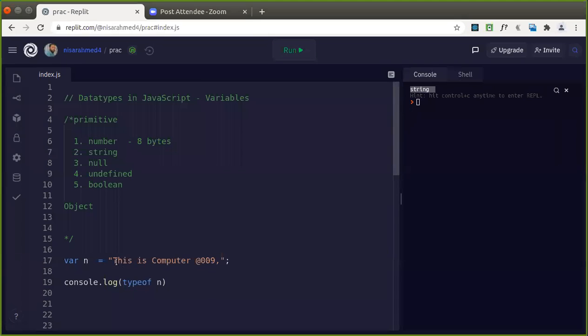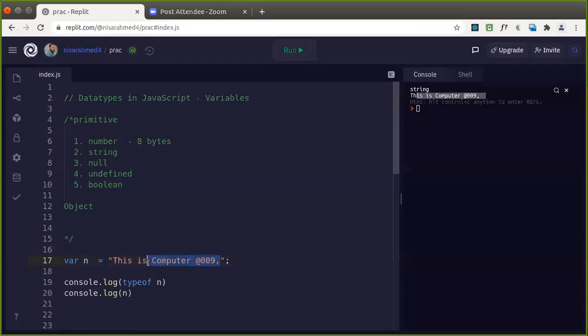Fine. So in this case, you can see how you are having a string that is enclosed within double quotes, isn't it? How much memory it will take, that also we'll discuss. Type of this one, and I can just display console.log of n. We are getting the string here. Good. Now, what is the memory of this one?